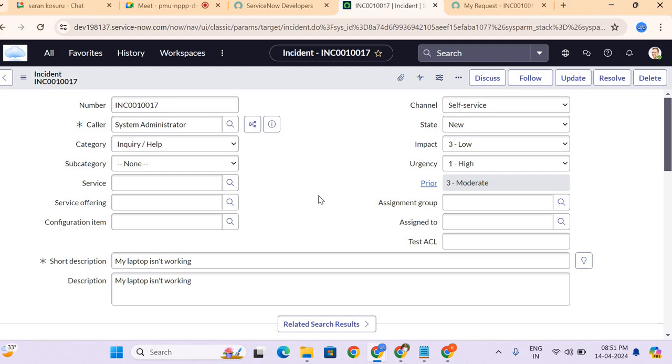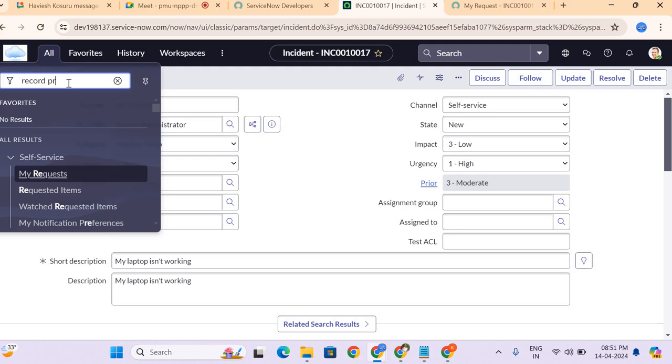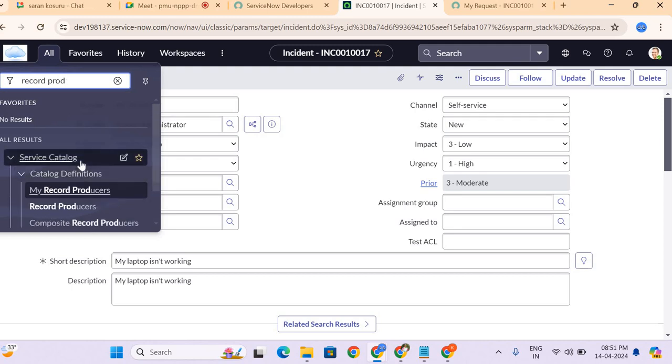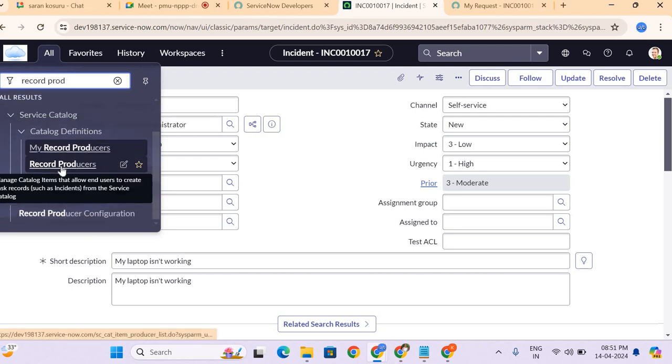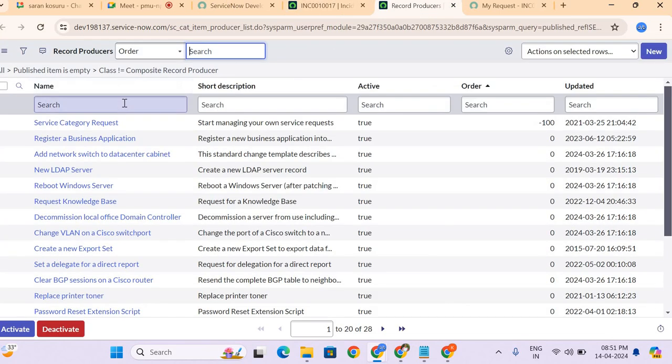So record producer creates a task based record through the catalog item. So how do you actually create a record producer? Under service catalog, you have a module called record producers. So let's just see the existing record producer. As of now, we know about the incident table.